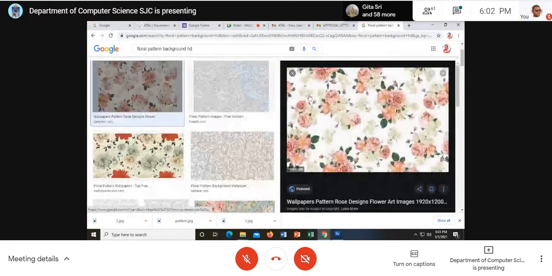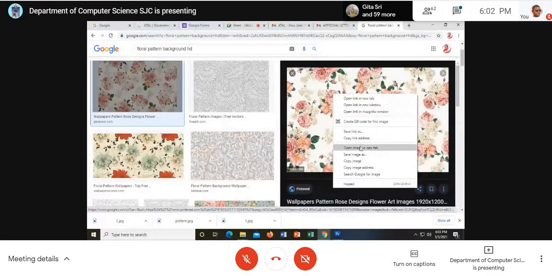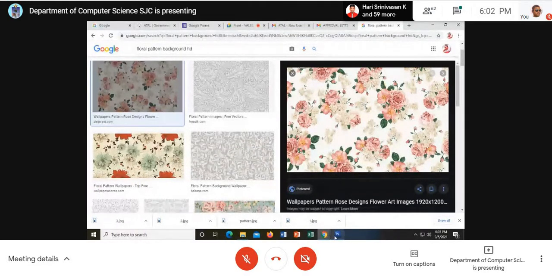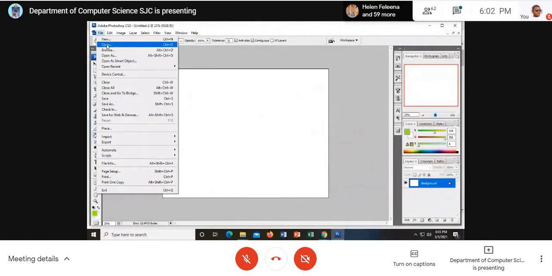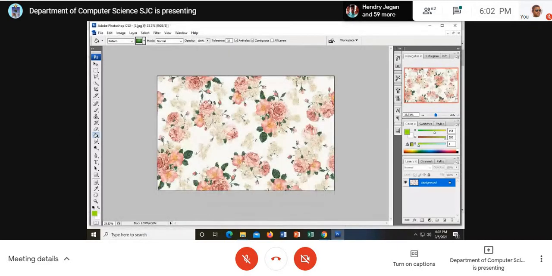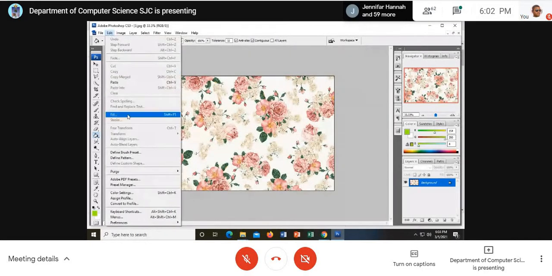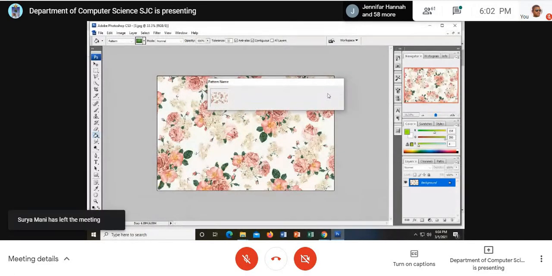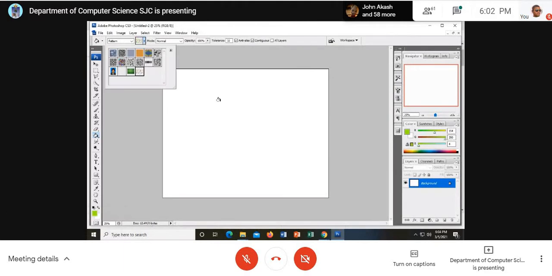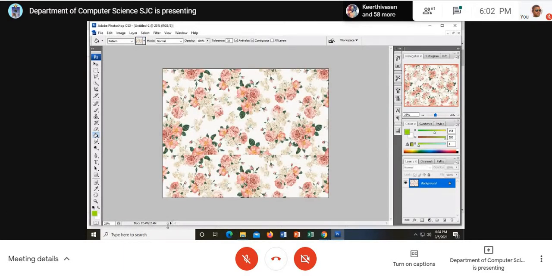See here, I got this rose. I right click, Save Image, and name it 3 or rose, whatever it may be. Save it. Take your file, Photoshop, open that. What is the name that I gave? 3, no? Yes, I open this. Now tell me the procedure. Somebody can tell me the procedure. What should I do to select the pattern? Edit, Define Pattern. Yes, the pattern is defined. Now close this file. Go back. Select the pattern and click here. See, I've got this background. Am I clear? The entire file that you have chosen.